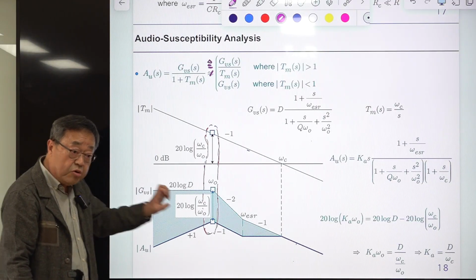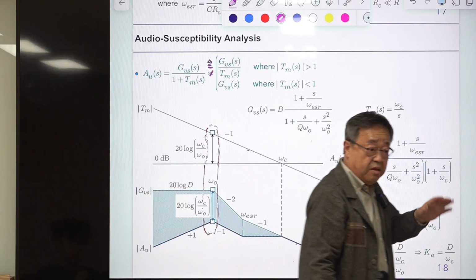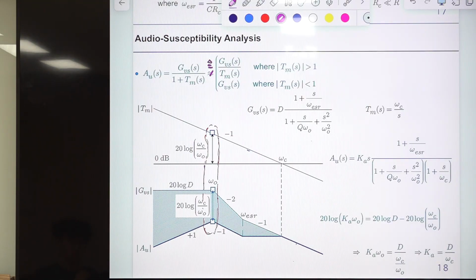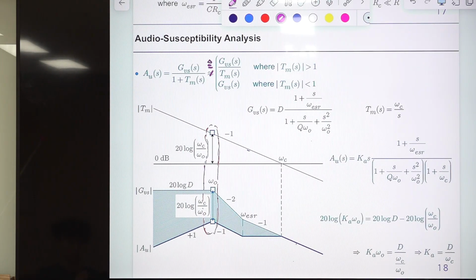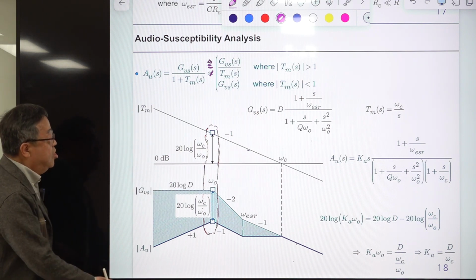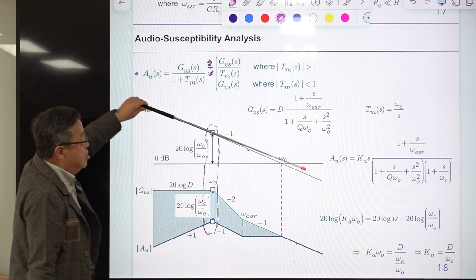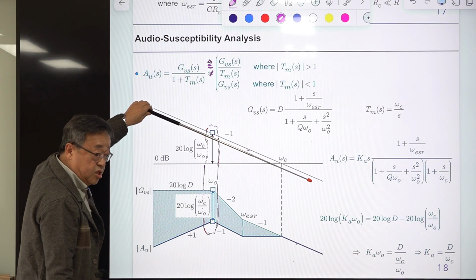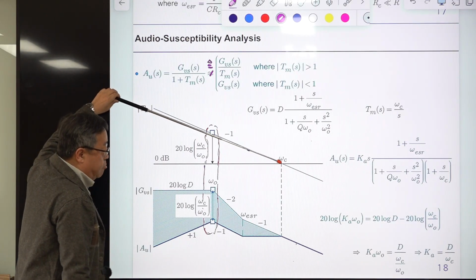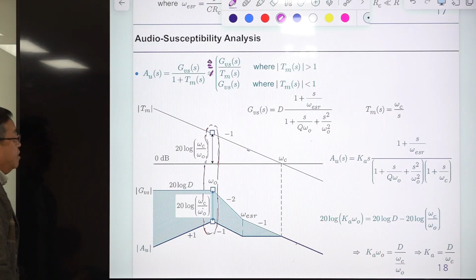This is the assumption, of course. T(s) is something more complicated than this, and you will see that later. But now assume this, because to simplify our discussions we don't need anything more complicated. Then we have this one, and individually plot the magnitude plot of this. This is the integration, and the integration gain is omega c. So this is the linear line segment looking at this omega c point, and this is the 0 dB line.